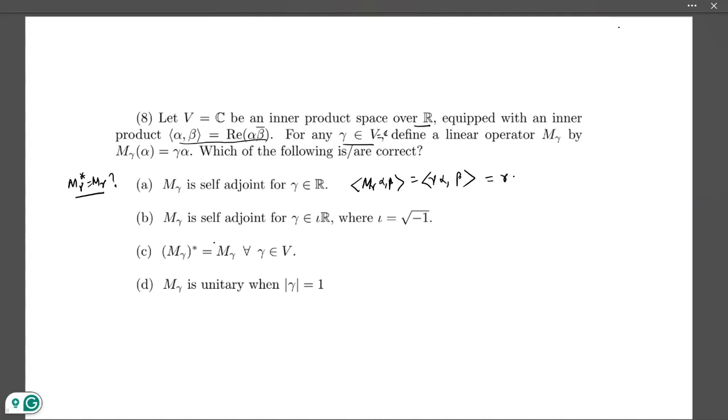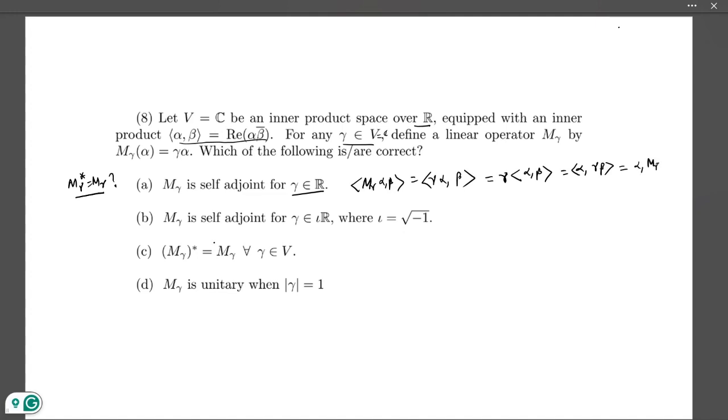Take gamma outside. So in the first coordinate, if you take constants, now because gamma is a real number, it is working as a constant. So we can take it out of the first coordinate and send it inside, but in the second coordinate it becomes gamma bar, but gamma bar is gamma because it is a real number. So the conjugate will be itself. So this is just saying